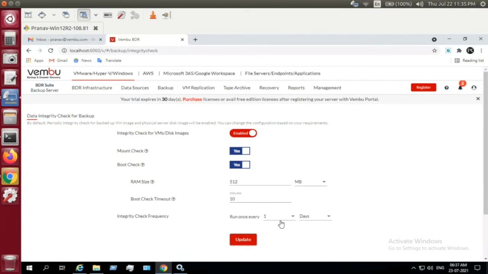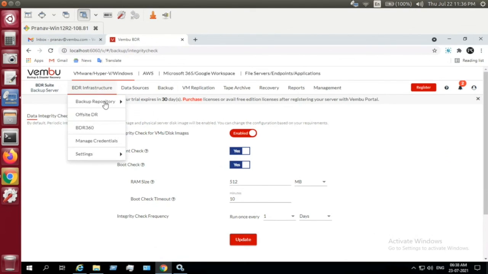So for this feature to be available, you should run this VDA backup server on a physical machine or a machine that has the Hyper-V role enabled, a server machine on which the Hyper-V role is enabled. So this is what the total backup scenario for Hyper-V and the recent new introductions for Hyper-V is all about.